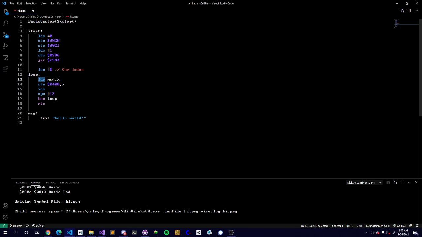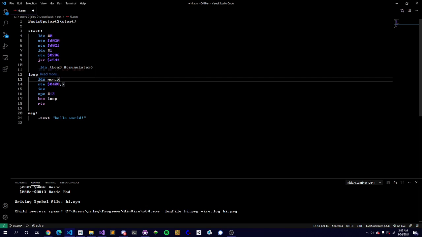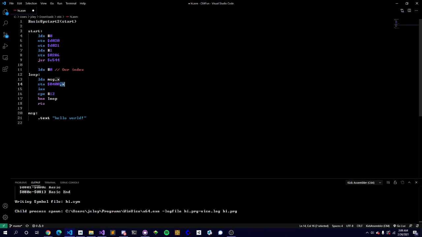So we load the data at the memory location pointed to by the message label, plus the offset of X, into the A register, or the accumulator. Then we store that at memory location 0400, also with the offset of X, which is the top of the screen. Then we increment X, which means just add 1 to it, and then we compare it to 12,